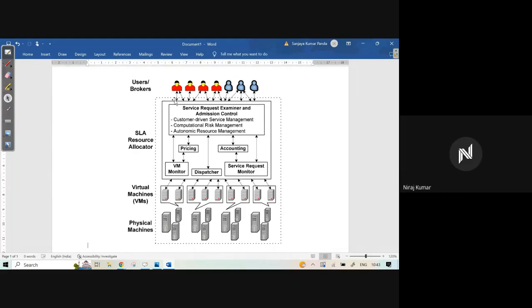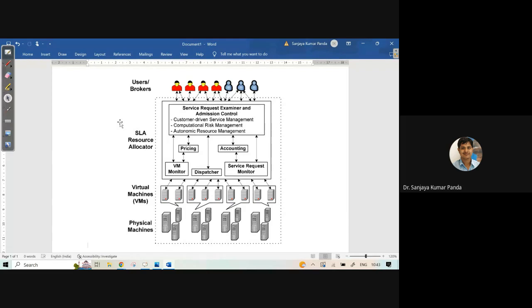Anybody? What is SLA? So service level agreement. Yes, SLA means service level agreement between your provider and consumer, which we have discussed in the previous classes also. So the main module in this architecture is your service level agreement resource allocator. You know about SLA. I am not going to discuss much about SLA, but let us see about the resource